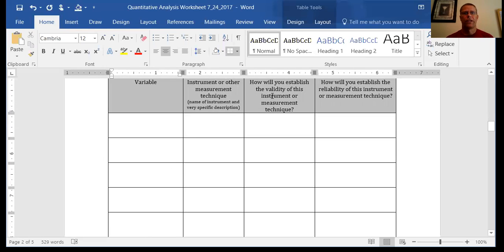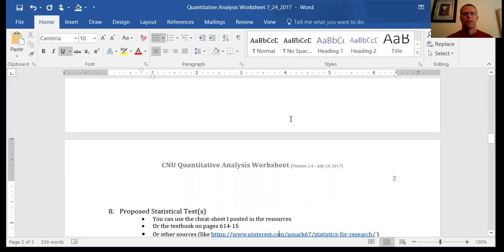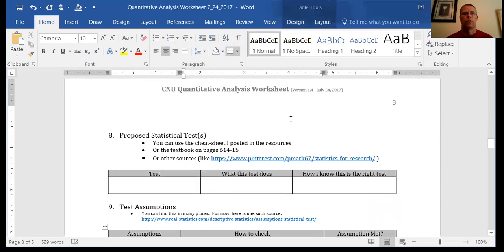There's various ways of establishing validity and reliability. Again, these are covered in the textbook. They're covered in videos on YouTube. I can answer some questions, but don't just lay it out there and go, I don't know. Give me some ideas. We can bounce things back and forth. Once you know how you're measuring your variables, what kind of variable, what kind of numbers they are,